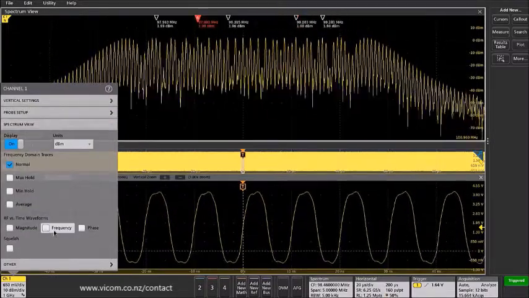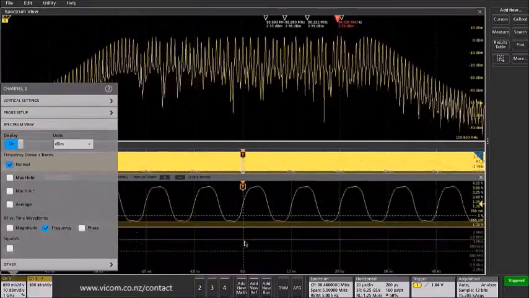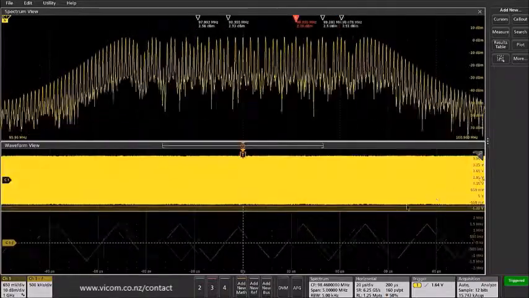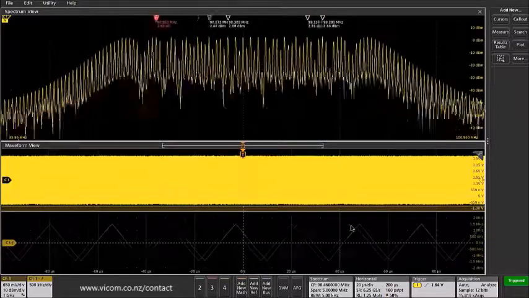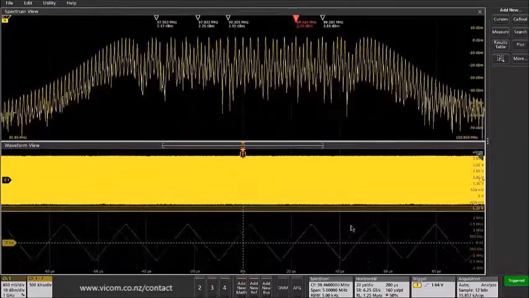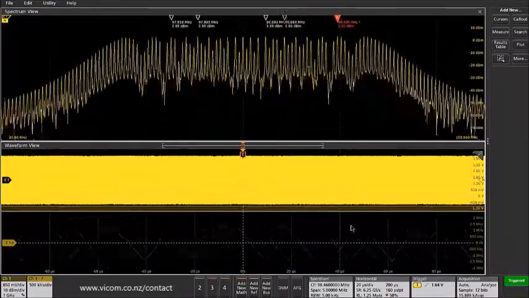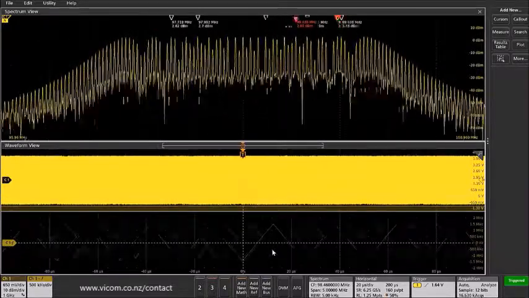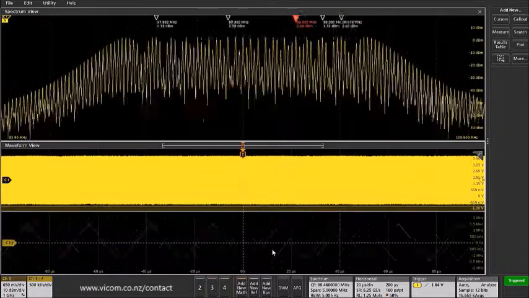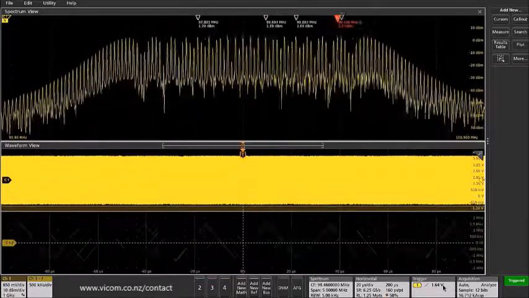If I go back into the channel badge settings and go back into spectrum view, I can turn on the frequency deviation versus time waveform. And now when I take a step back to look at the entire acquisition, I can see the up-down chirp pattern that is occurring with this spread spectrum clock. The frequency deviation versus time waveform is dithering about on screen because currently the trigger settings are applied to the